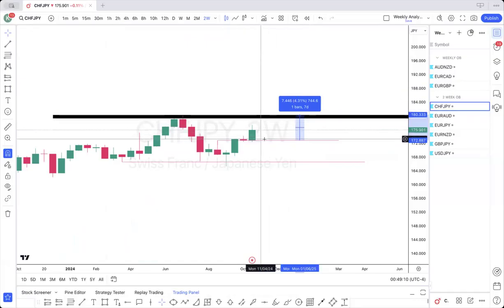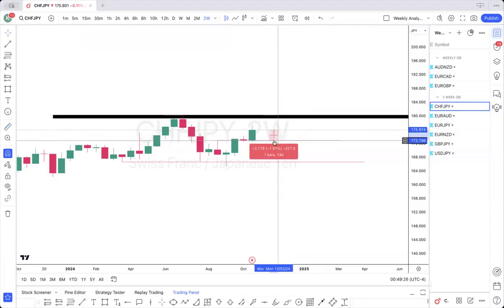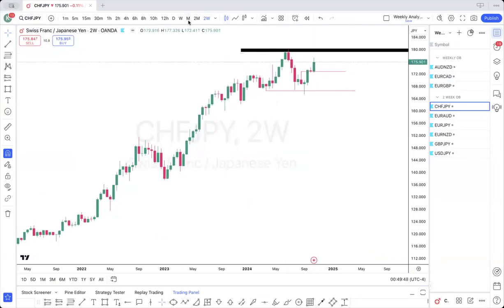If you want to trade the pullback, that's on you. I'm not a counter trend trader, so you're welcome to try and get at least 172 pips or the 300 pips. I'm okay with just setting a limit or an alert and waiting for price to show me what it wants to do to then continue to the upside. I don't get FOMO, so that's what I see for the